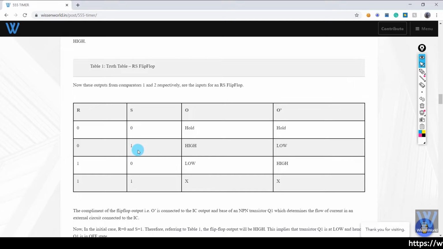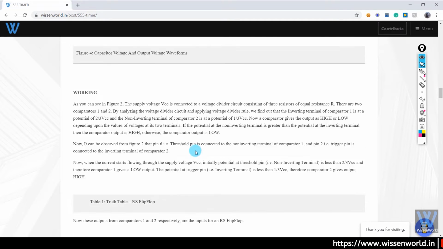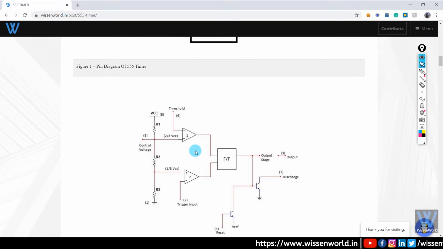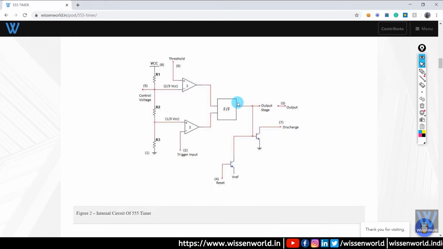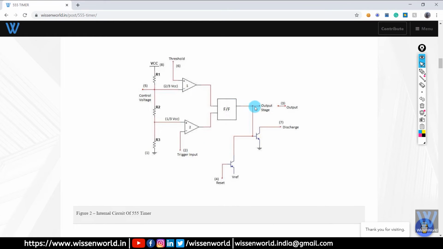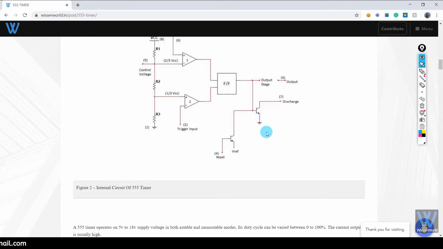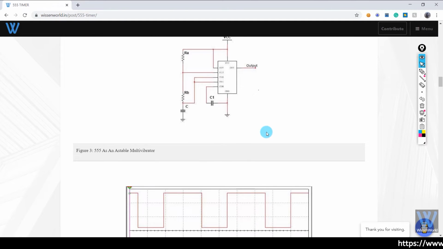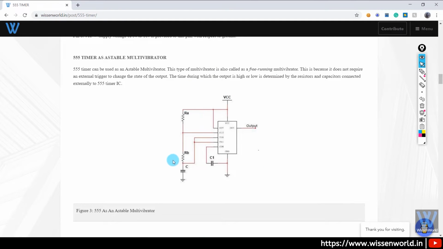When R is 0 and S is 1, the output is high. And here in our circuit, the output is connected to the complement of the flip-flop output. So this point is at low, therefore the transistor is in off state, hence there won't be any discharging. So the external capacitor of this basic circuit of astable multivibrator will charge initially.